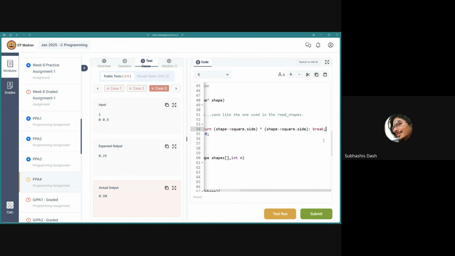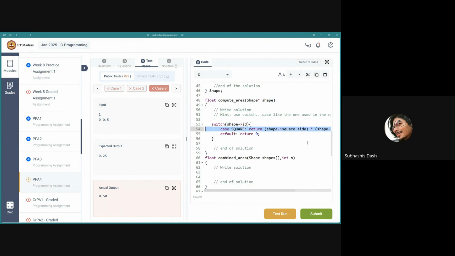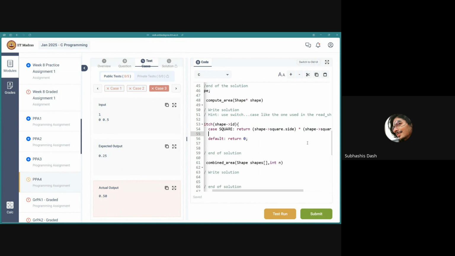Okay, and after that, let's just move on to the next one. So after that, we have the case, which is case rectangle. So in case of rectangle, we can just simply do shape, go to rectangle